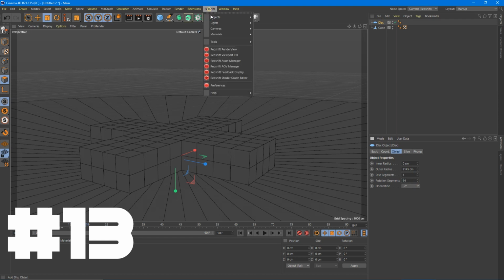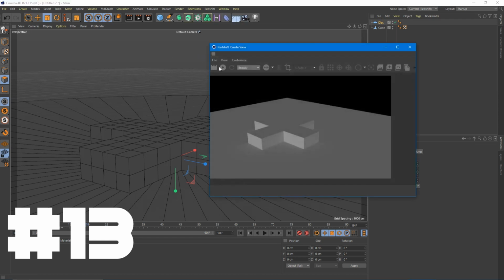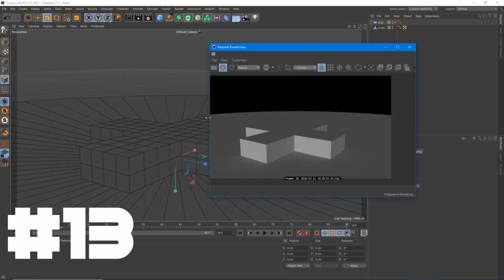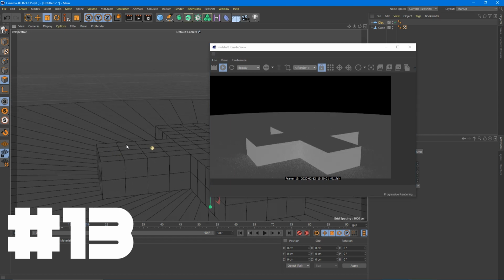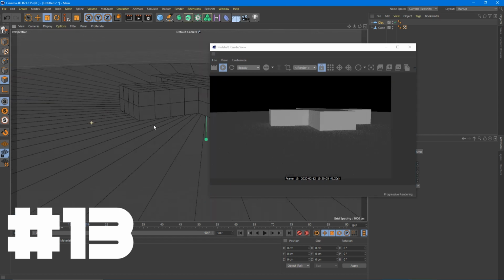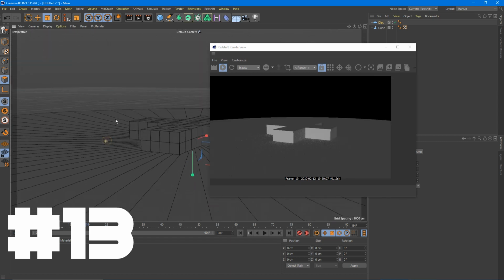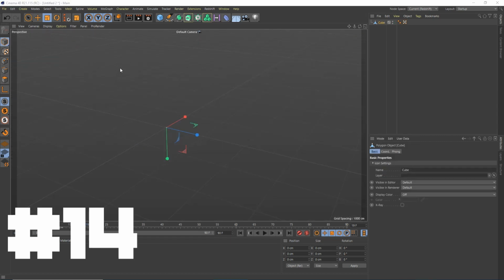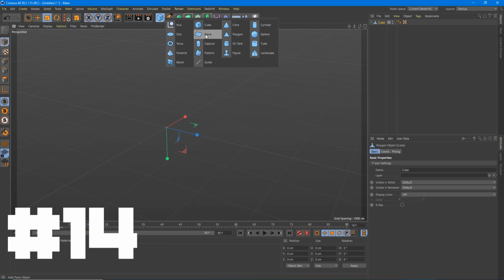So now if we hit render on this, you'll see the difference here. It's a much cleaner horizon line than the cube, and no matter which way you look, your horizon is going to be nice and clean. If you want to do something that has an even floor, that you're going to have a border to, right? Tip number 14 is how to create a cyc wall easily.